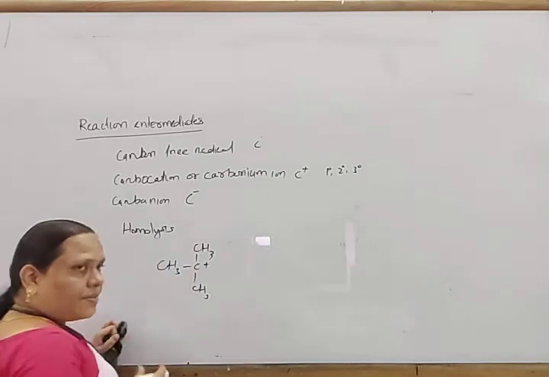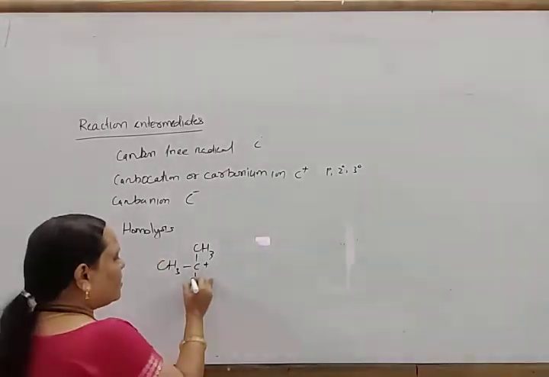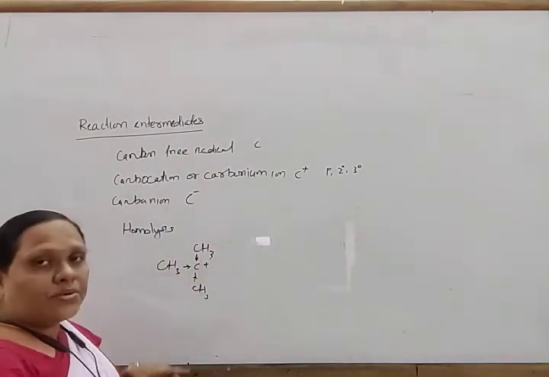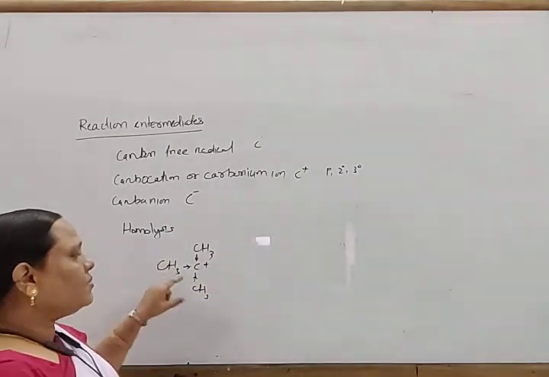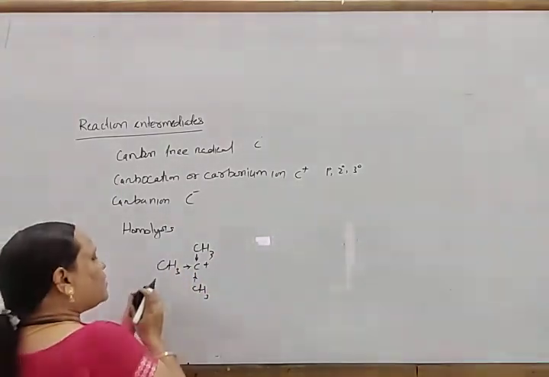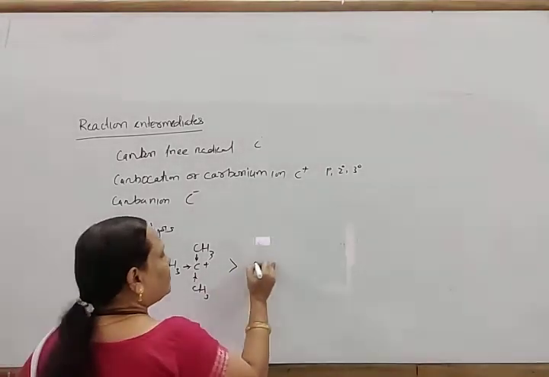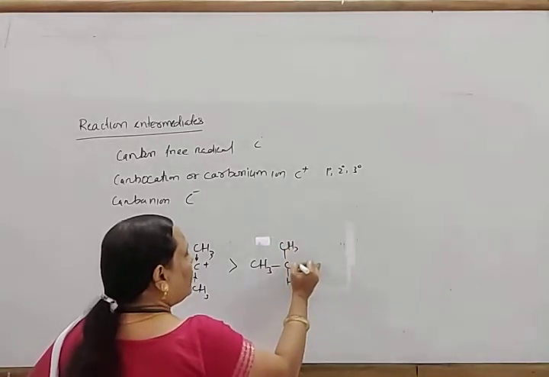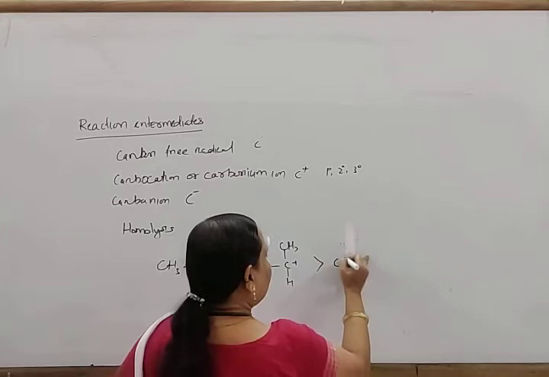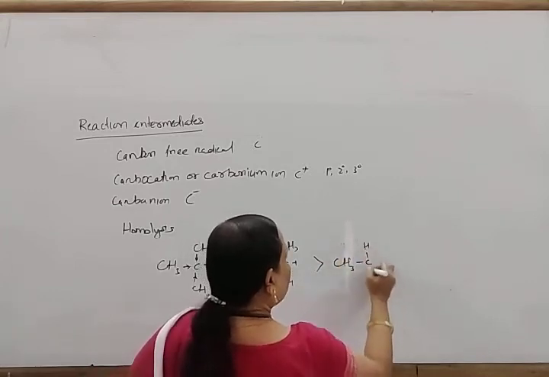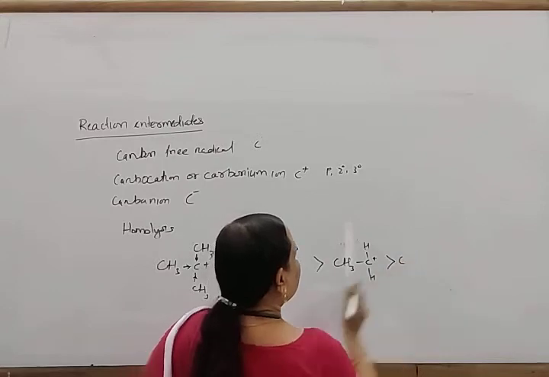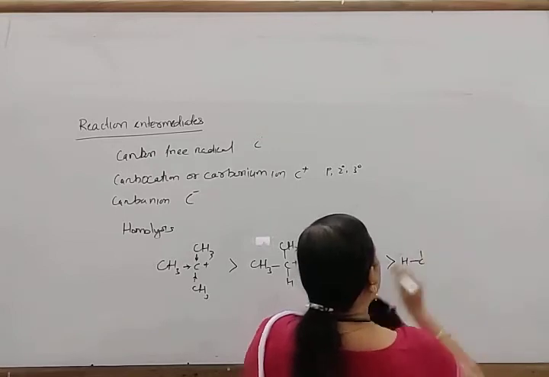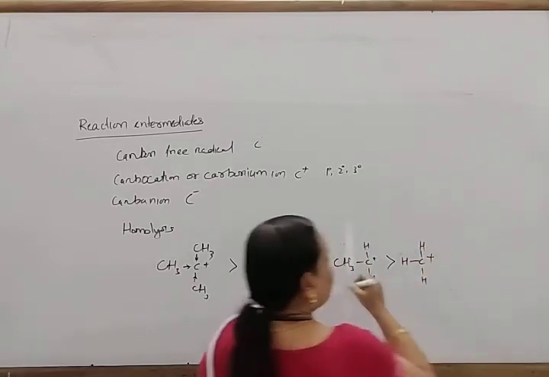look here, this is the tertiary carbocation. So there are three inductive effects in three directions. Here the positive charge is dispersed by these three methyl groups. In this way, it becomes more stable. So this tertiary carbocation is more stable than the secondary carbocation, and this is again more stable than the ethyl carbocation. Among the primary, ethyl carbocation is more stable than the methyl carbocation. This is the stability order.